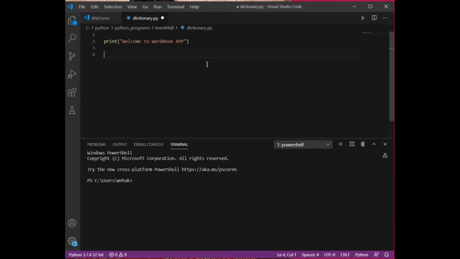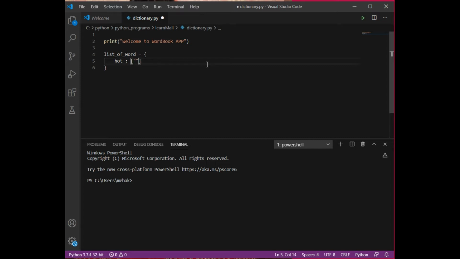Okay, so let's just understand. Suppose I'm giving it a name, list of word. Now inside that, I'm going to create a dictionary, and for that dictionary, first of all, I have a word. Suppose I have created a word which is known as hot. Now I'm going to create an antonym list for hot, and we know that if we have more than one element and we want to combine all those elements, then we can create a list. So I'm going to create a list for hot.